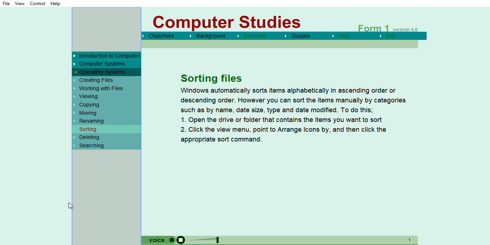Windows automatically sorts items alphabetically, in ascending order or numerically from the smallest to the